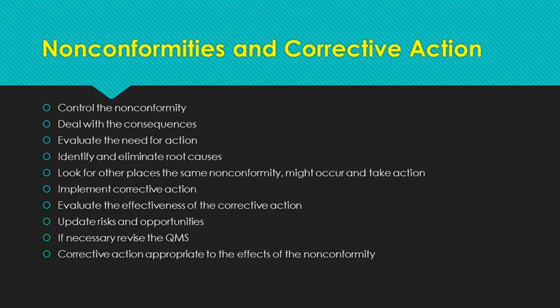And from that, do you need to update it? Does it cause you to generate other risks? Did you just get the probability of occurrence wrong? Did you get your probability of detection wrong? Do we need to update our risk and opportunity analysis? And if we do, we need to take additional action?